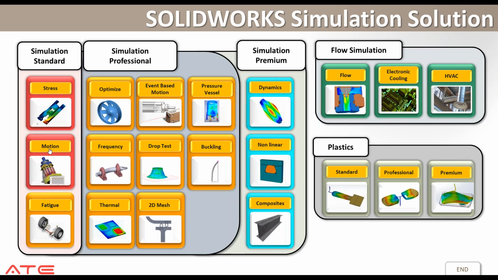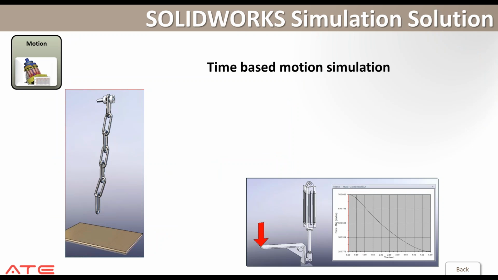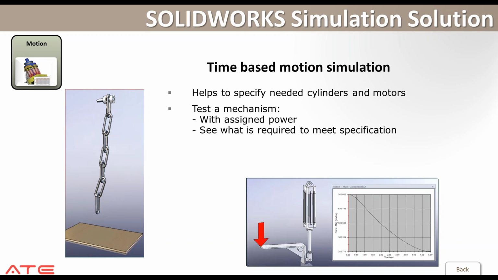So what does time-based motion mean? Time-based motion is basically where we assign all the context and all the conditions, and let the force do its job, such as gravity force or motor force. It helps you to spec the cylinders, the pneumatic cylinders, or the motors required in your studies or automations. And then it will also test mechanisms, whether there is any interference during the movement,